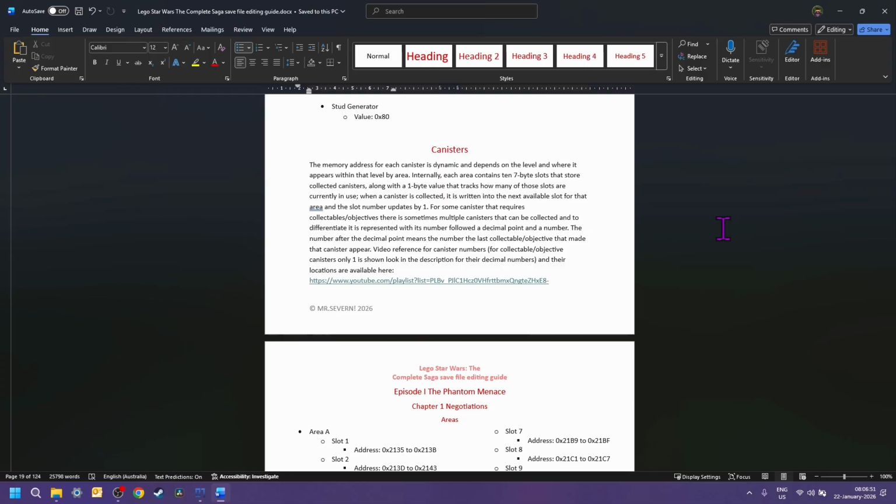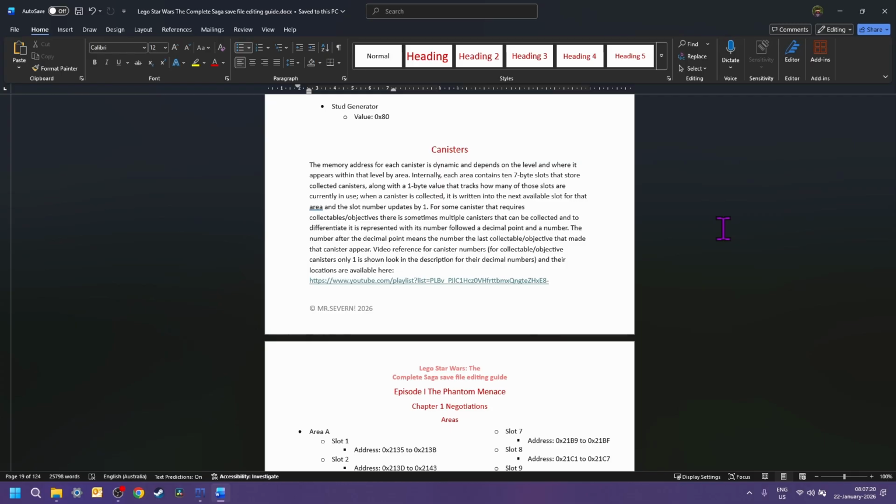When a canister is collected, it is written into the next available slot for that area, and the slot number updates by one. For some canisters that require collectibles or objectives, there are sometimes multiple canisters that can be collected. To differentiate that, it's represented with its number followed by a decimal point and a number, which I'll show for Bounty Hunter Pursuit.